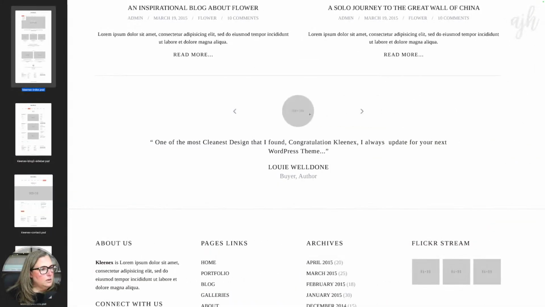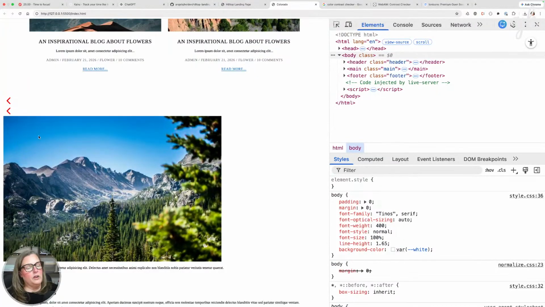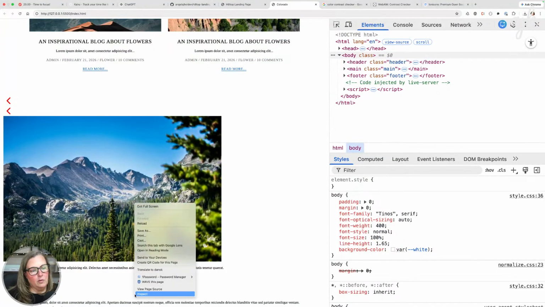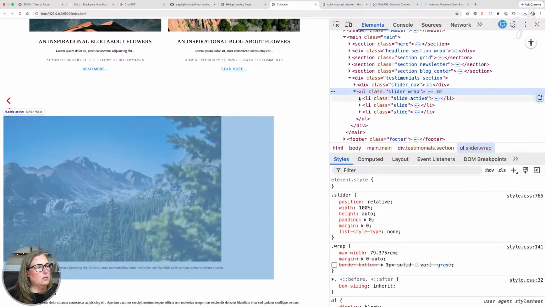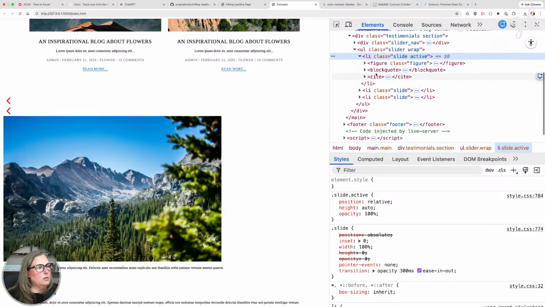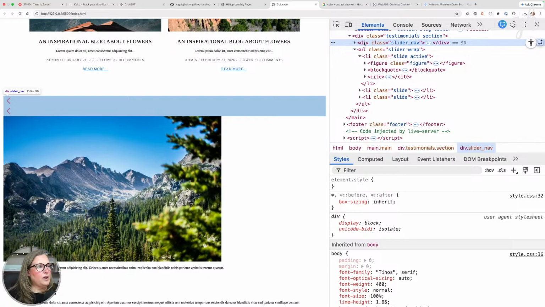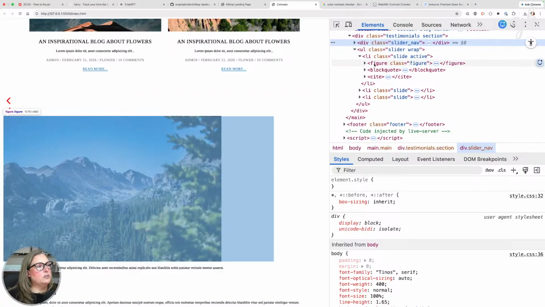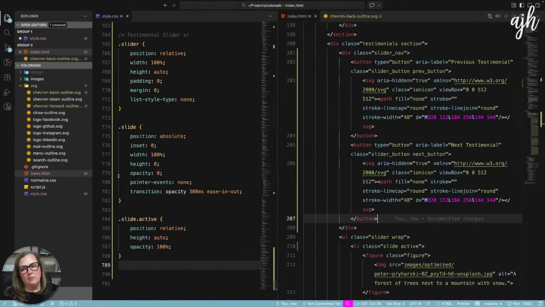Do we need... Let's go ahead and style this image and then figure out how we're gonna situate these buttons. So we have our, these are up on top, that's fine. Here's our figure, so we'll do our slide figure.